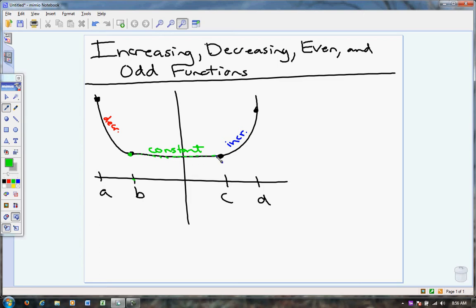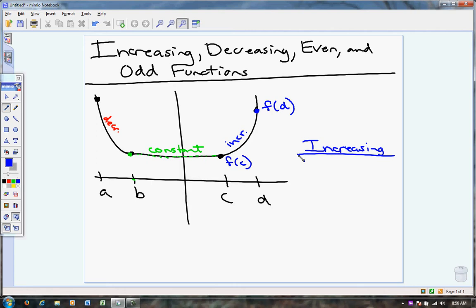Okay? Now the other thing that we need to do though is kind of define what we mean by increasing. If it's increasing, isn't it safe to say, remember this y value up here, isn't this f of d? Isn't that y value up there f of d? Okay, remember we have to start training our minds to be thinking in terms of function values. And this y value right here is f of c. Now, we're not going to write all of this out because it'd take us 5 minutes to do it, but let's just kind of make a general statement here. If it's increasing,